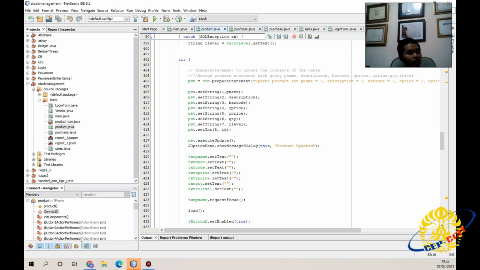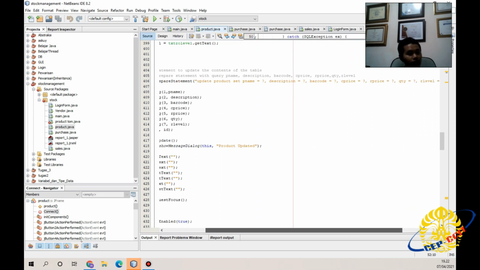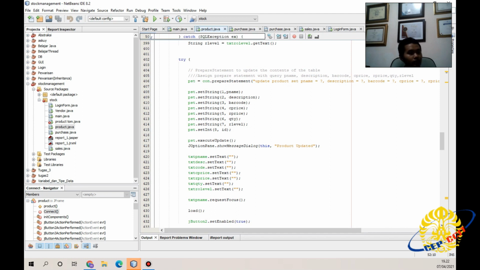prepare a statement to update product set pname, description, barcode, cprice, rprice, quantity, rlevel. Prepare a statement to update the contents of the table.